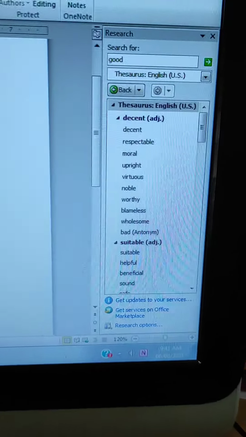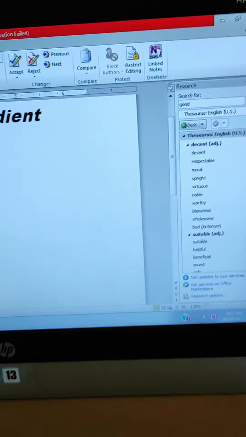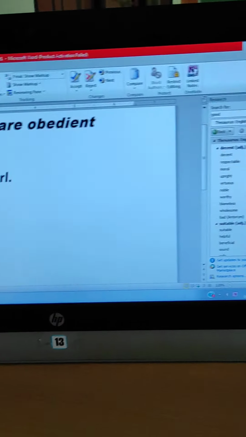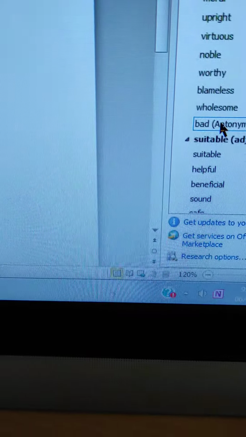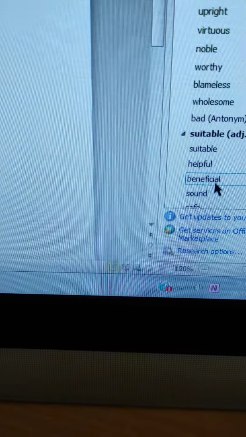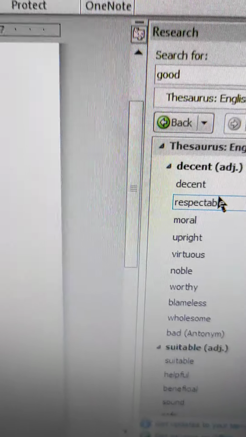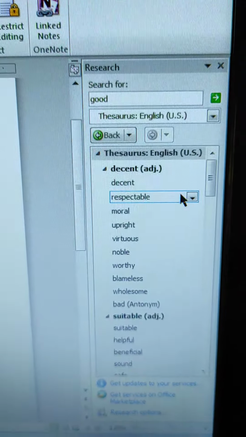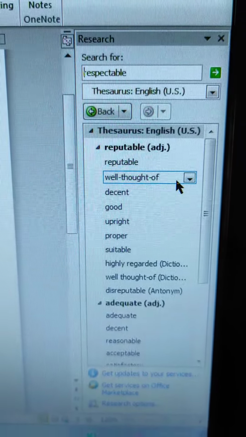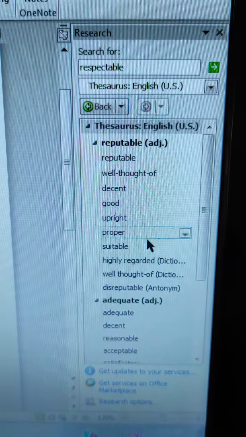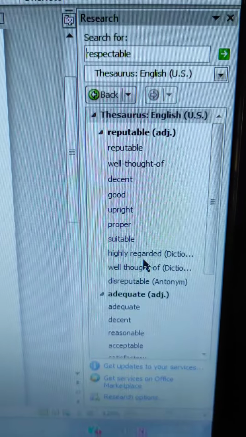In place of good we can give different words like suitable, helpful, beneficial, decent, respectable. Now I will click on the respectable option, and after clicking on it you will get different suitable words: decent, good, upright. Like this.